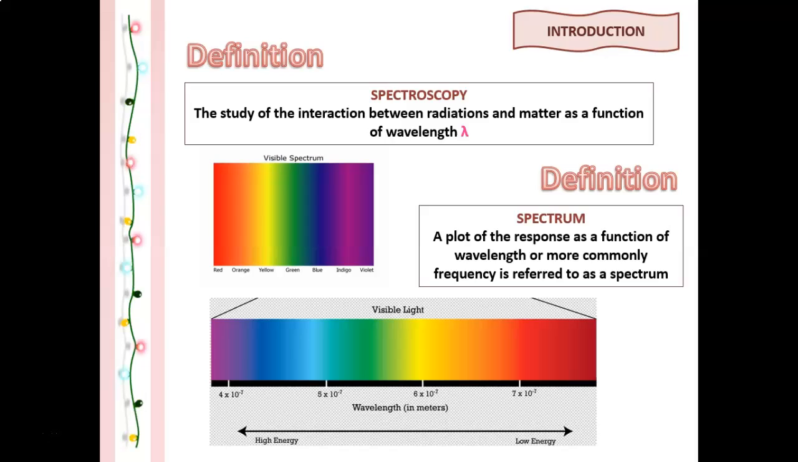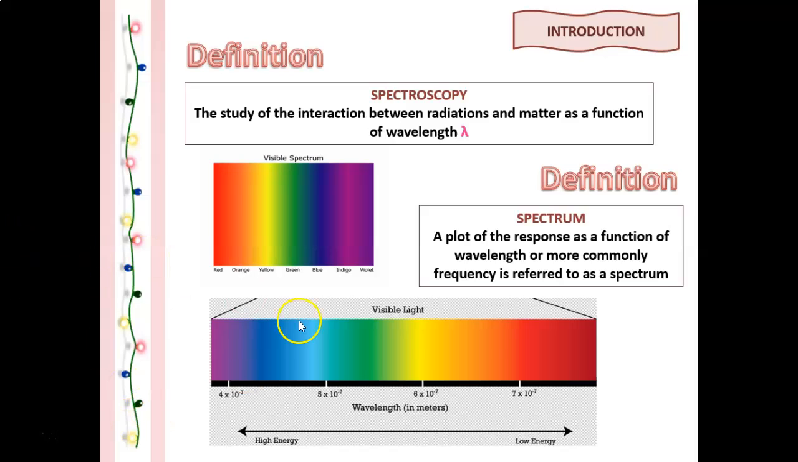So the basic principle set by all spectroscopy techniques, for example UV visible spectroscopy, is to shine a beam of electromagnetic radiation onto a sample, and we observe how it responds to such a stimulus. The response is usually recorded as a function of radiation wavelength. And a plot of the response as a function of wavelength, or more commonly frequency, is referred to as a